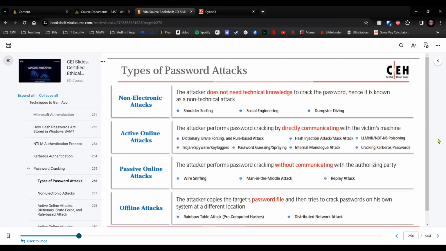Active online attacks. The attacker performs password cracking by directly communicating with the victim's machine. So dictionary attack, brute forcing, and rule-based attacks, Trojan spyware, keyloggers, password guessing or spraying, hash injection attack, mask attack, internal monologue,